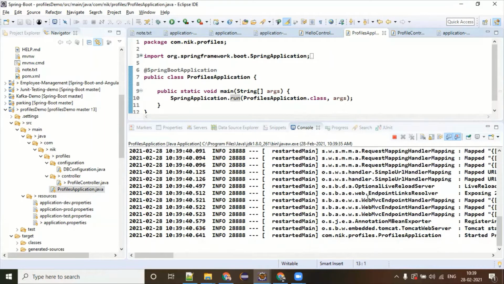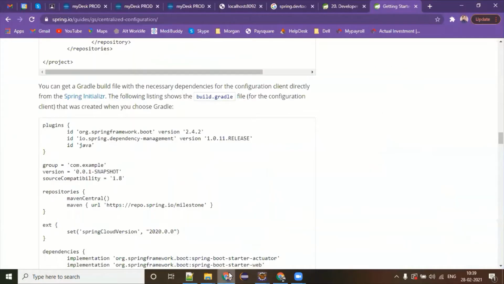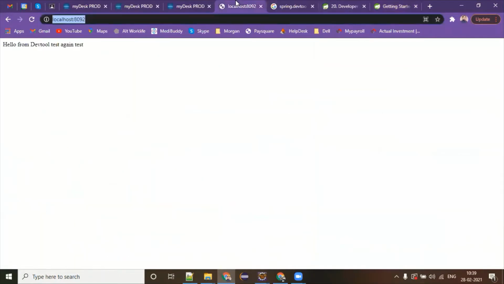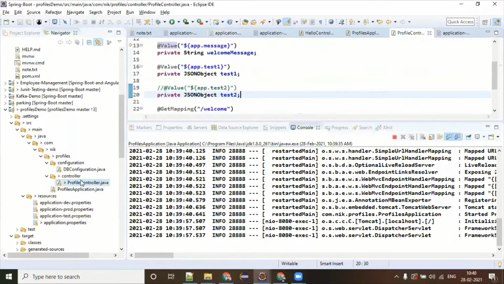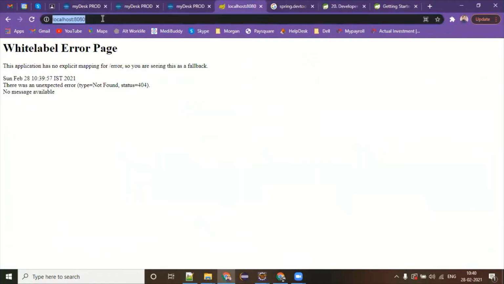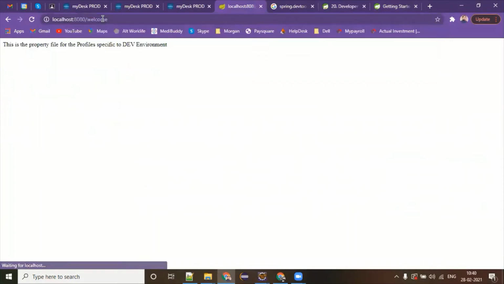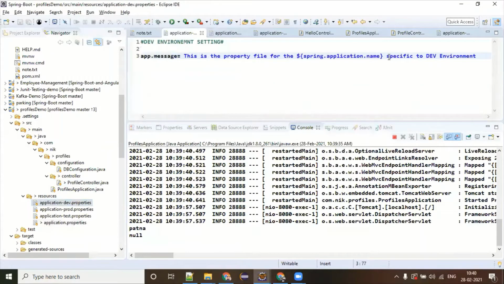Okay, so my application is running and currently the active profile has been set to dev. So what we need to do is hit this URL to get this. What is the URL? It's welcome. So I'm going to hit welcome. Can you see that? We are getting a message from the dev environment. This content is available only in the dev properties file, which is specific to